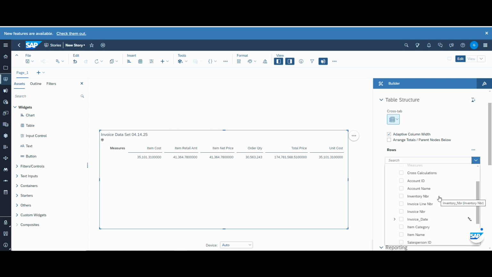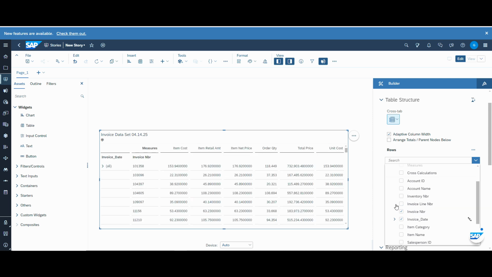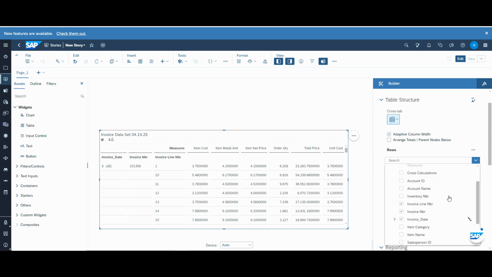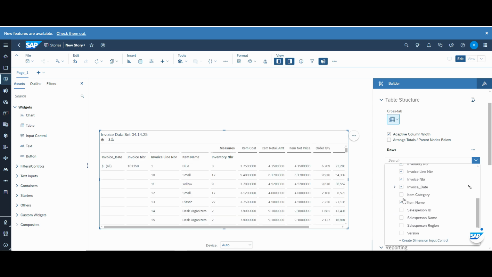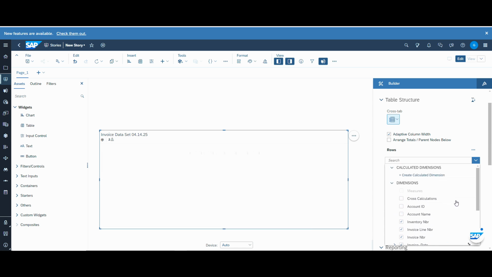I like to lead with invoice date or any date. The date is so common in the accounting world. With that, since this dashboard is invoice based, we'll go ahead and give it an invoice number, invoice line number. Let's go ahead and give it the item name. Let's give it the inventory number, the item category, account name,